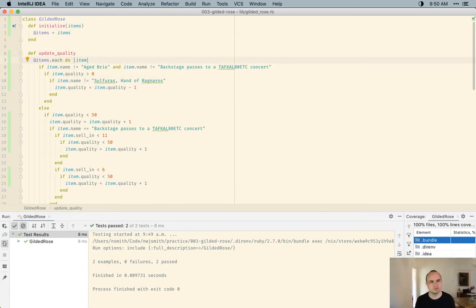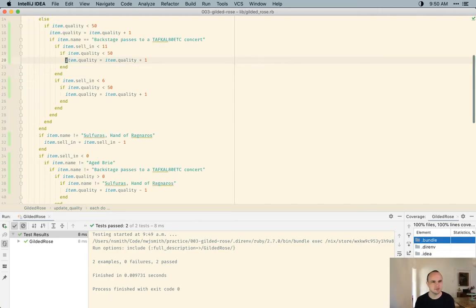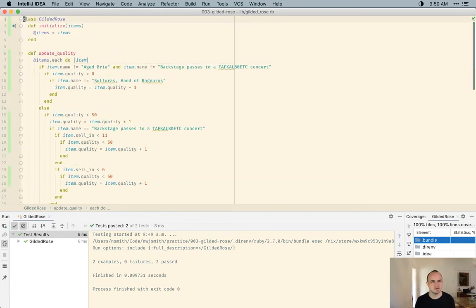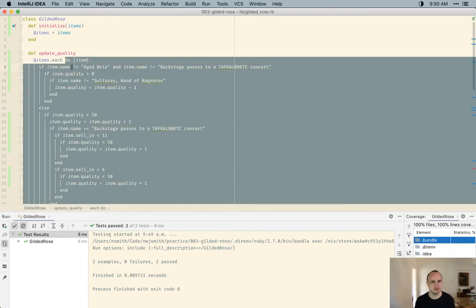So in order to do this effectively, one of the things we're going to want to do is focus on just the item logic. So we can see that I think if we can jump to the end of this block here, yeah, so we can see that update quality iterates over every item and updates each item individually. So one reasonable refactoring here is to extract a method